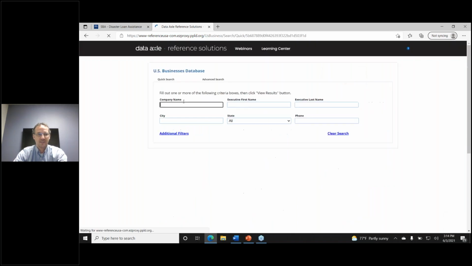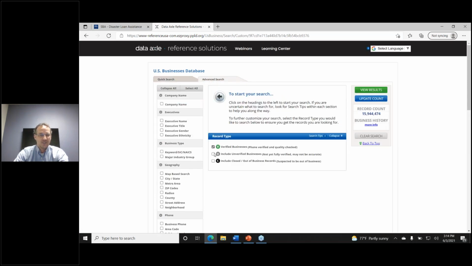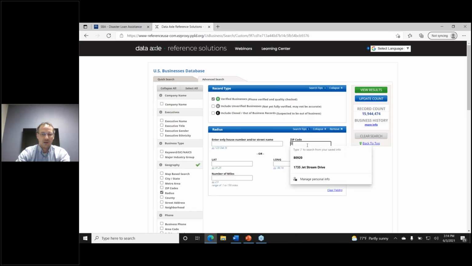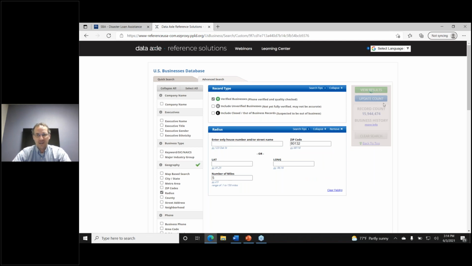So for purposes of this, I'm just going to go to an advanced search. You could do a quick search, but the advanced search, serving on a chamber board of directors, I want to find the radius around the zip code that is their post office. And I want to find a 5-mile radius. There are an estimated 1,547 businesses within a 5-mile radius of 80132. I could view all of those results,